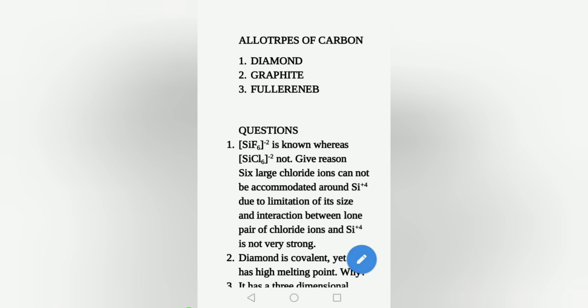So in this chapter on p block elements, mainly we have learned about only group number 13 and 14. In the beginning we studied the general characteristics of p block elements. Then we learned the physical and chemical properties of both group 13 and group 14 members. It gives a rough idea about the molecules and the elements also. So you will have to read the textbook thoroughly for further clarification, and the questions will be given to you later.